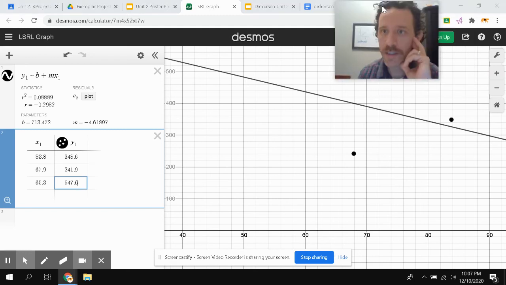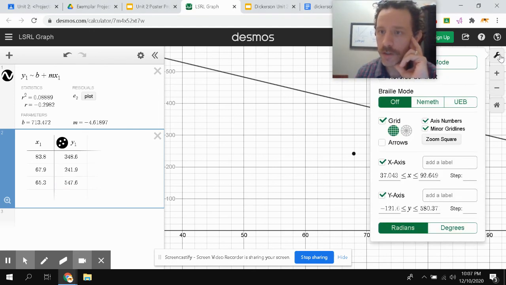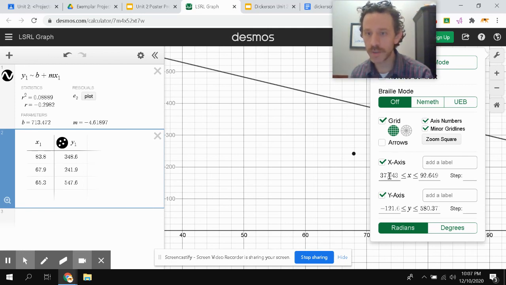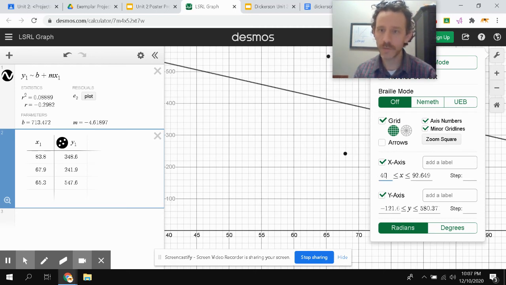And you can always fix some of this by going to the wrench up at the top right corner there. So if you're looking over there, here in the x-axis, we're in a window right now already that's pretty good. Like all my numbers are in the 60s and 80s. So I'm good to keep it here, but you can change your view by changing these numbers. I can go from 40 to 90 if that's what I want to do. And for the Y, I can go up to 580, or I can go larger, right? I can go up to 600 if I need to,